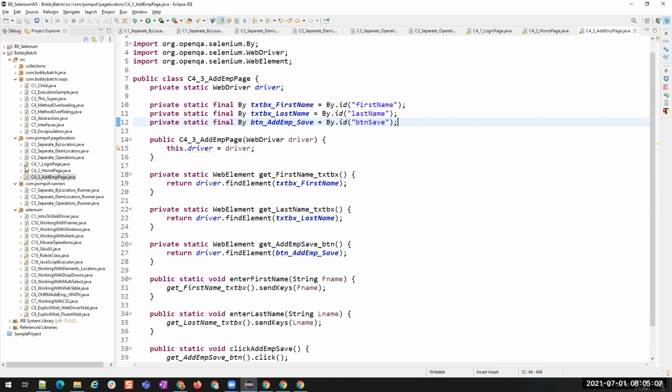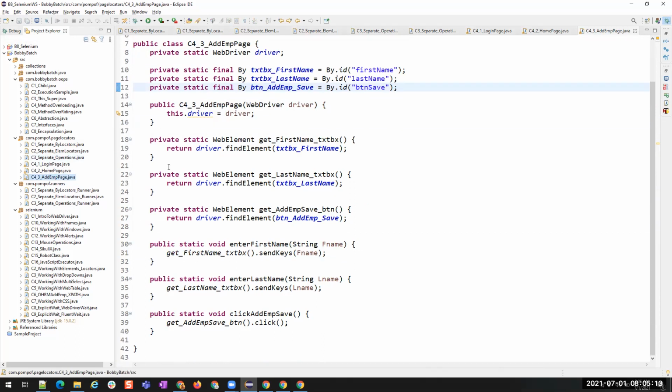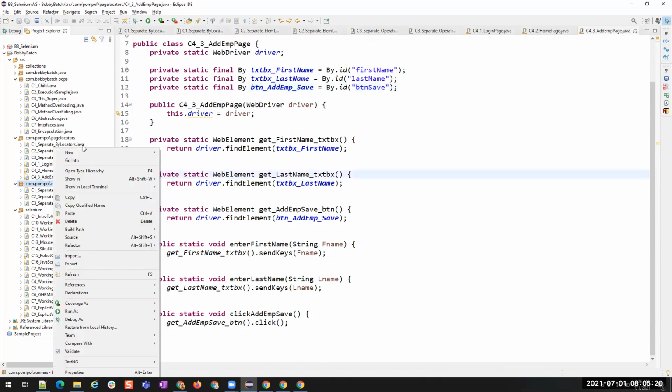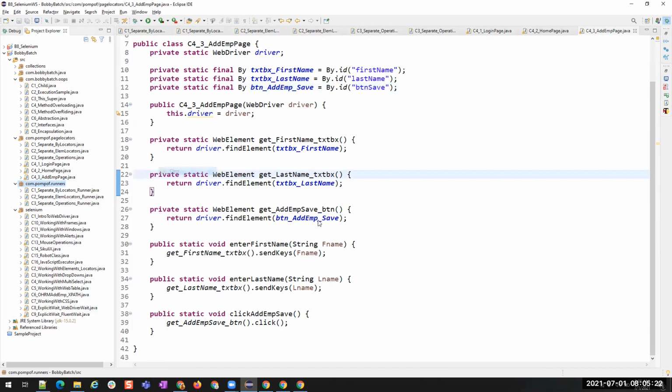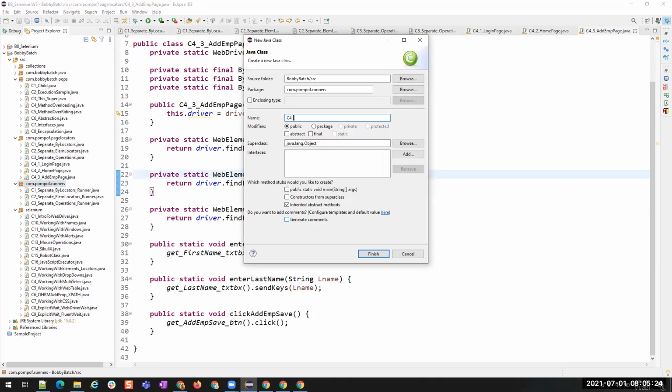Now that we have three separate classes, you can separate these elements and then create a separate run class. Let me create this new class C4_pages_run.